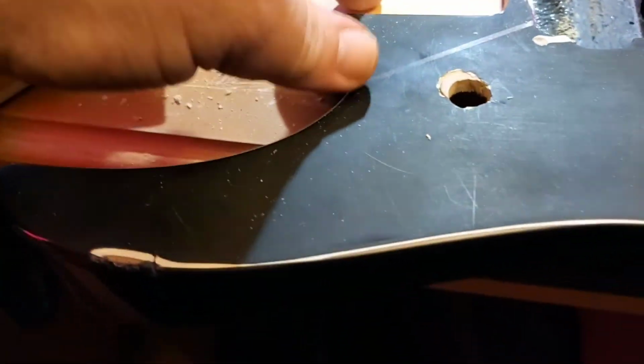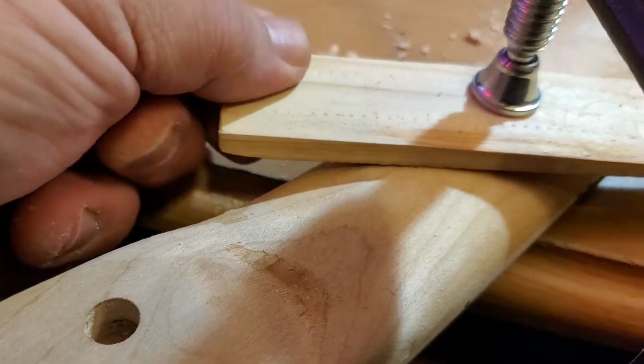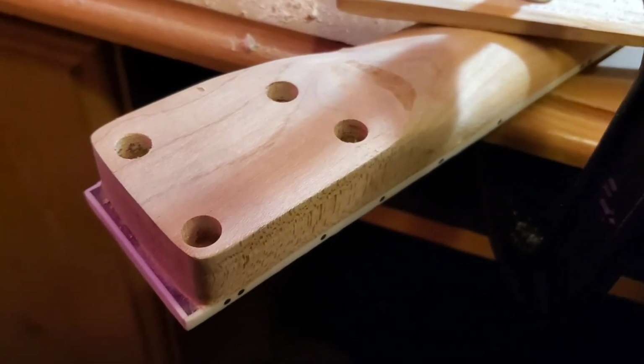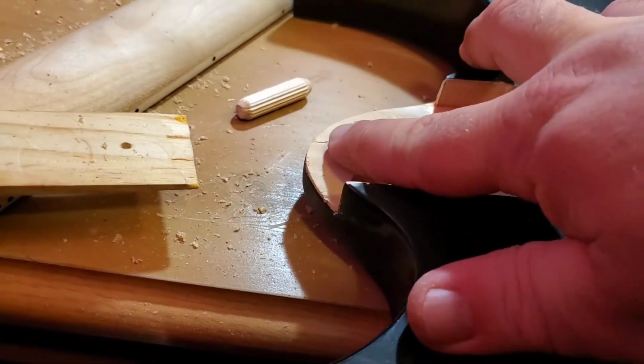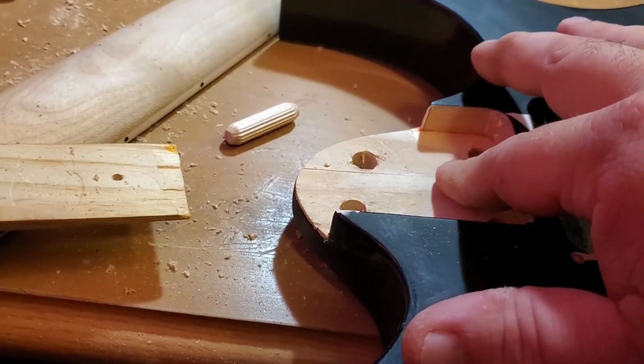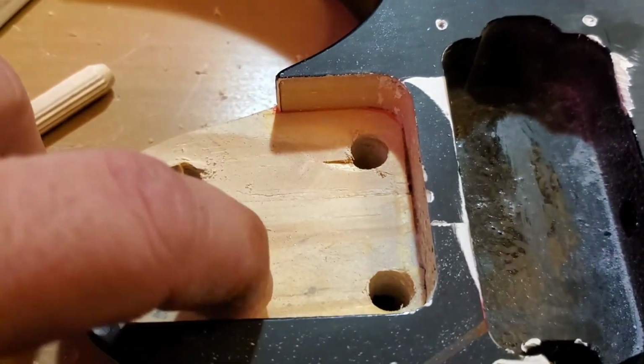I was originally talking about making a tenon out of this to extend into the pickup cavity, but this material will be really too thin to be that effective, and it's pine basically. The only problem that I foresee is this being pine, it possibly compressing, but I've got some pretty solid hard grain running through it,